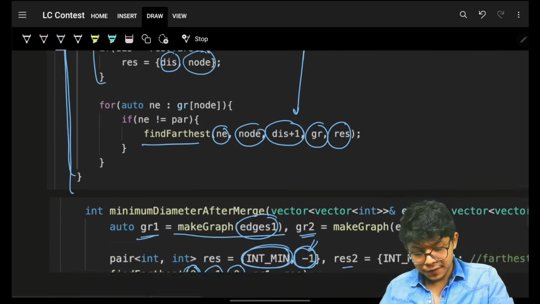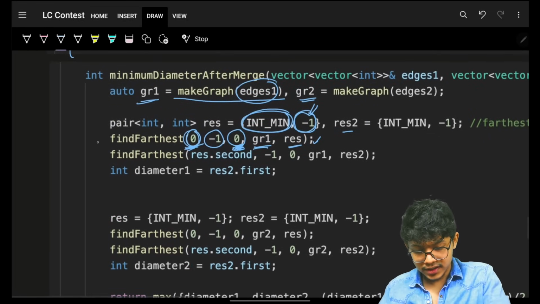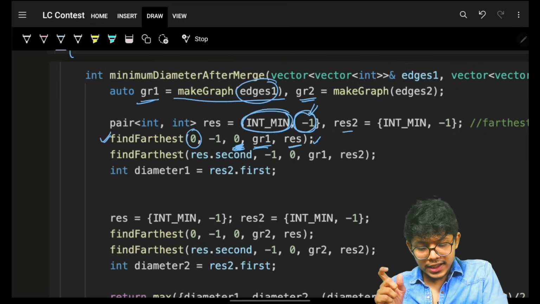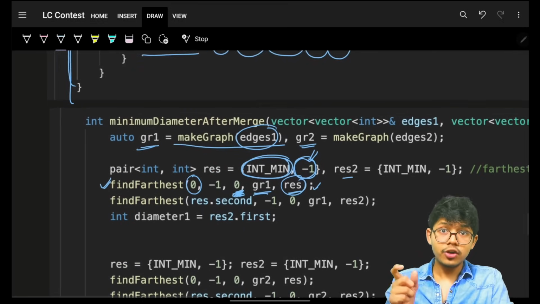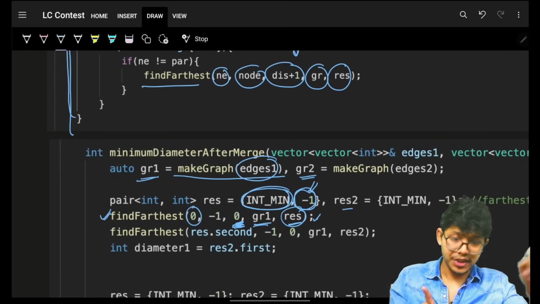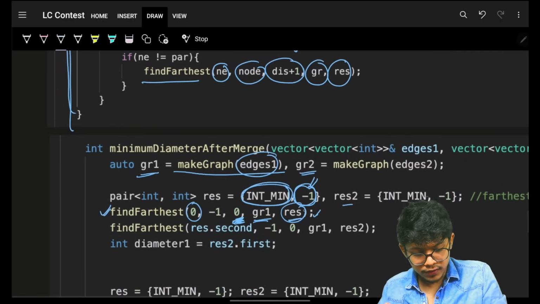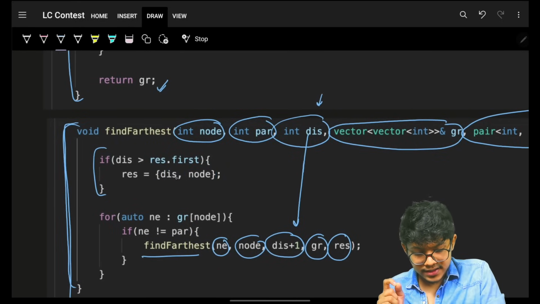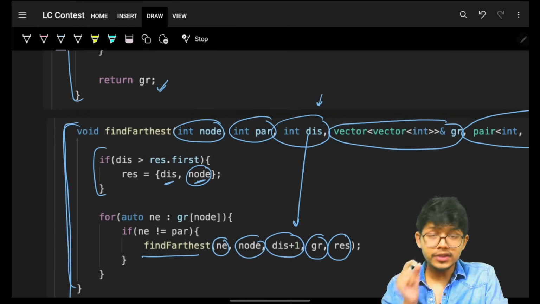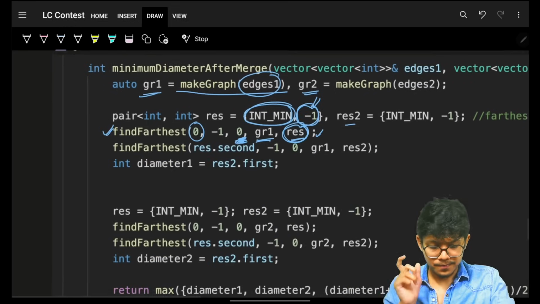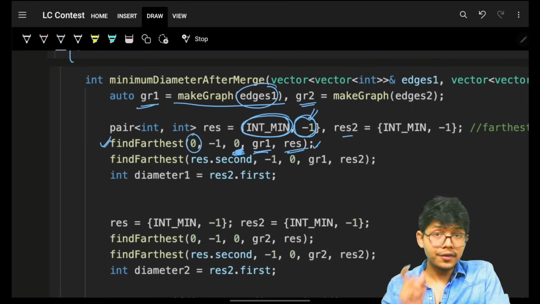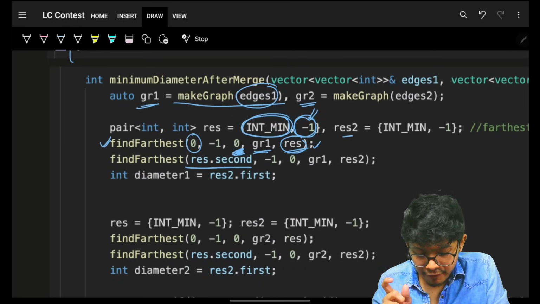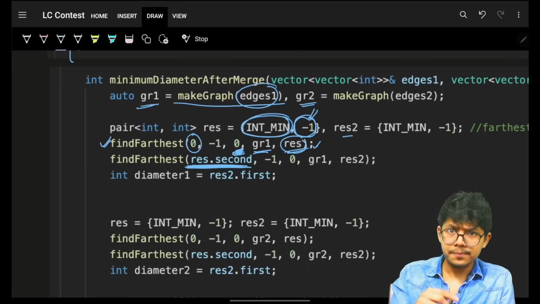With this, what will happen? You started your DFS from node 0, then you will achieve your result. Your result will have the first extreme node. This result will contain the distance and the node, and this will be your first extreme node having the maximum distance. Now, when you have received the first extreme node, which is result.second, I will pass result.second in another